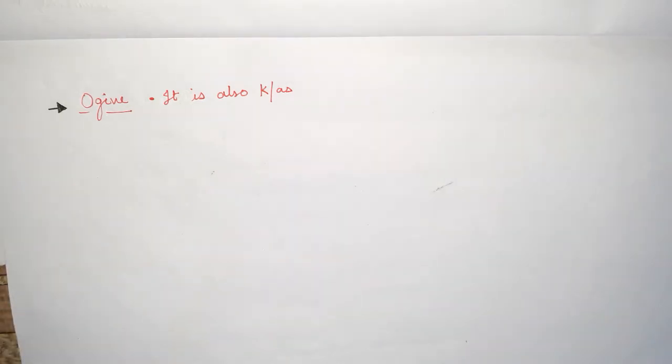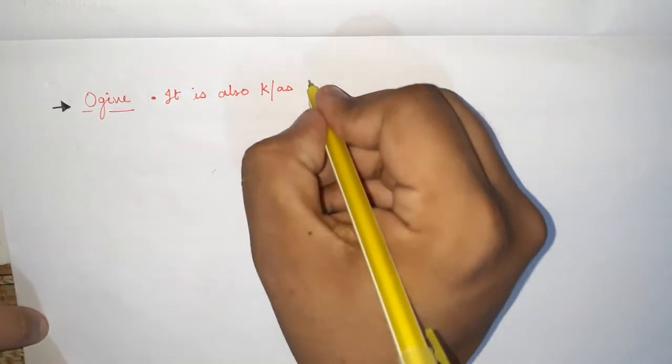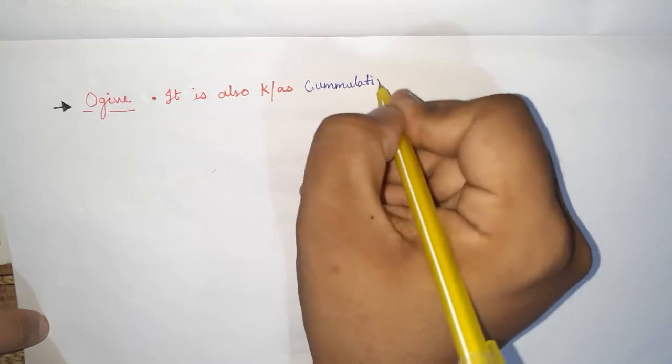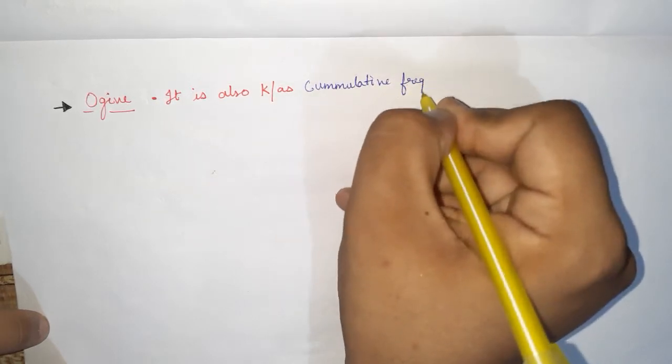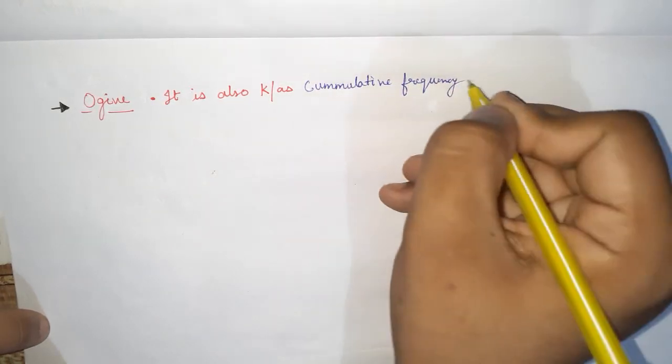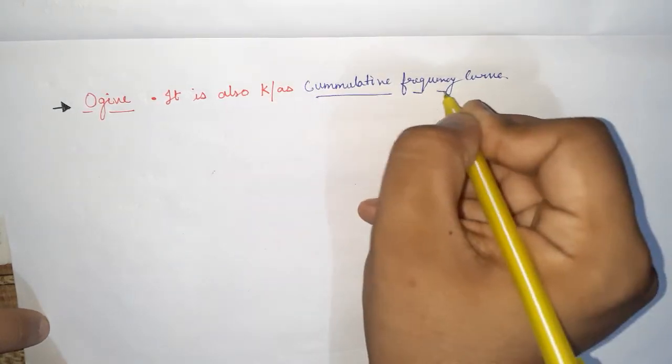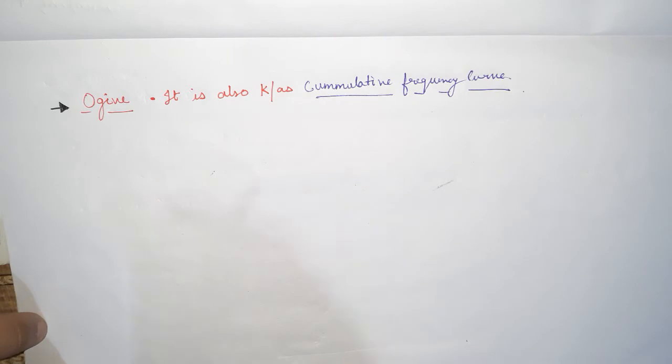So in today's video, I'm going to discuss a topic in statistics, that is OGIV. So OGIV is basically also known as cumulative frequency curve. This is the other name for OGIV. Okay, so